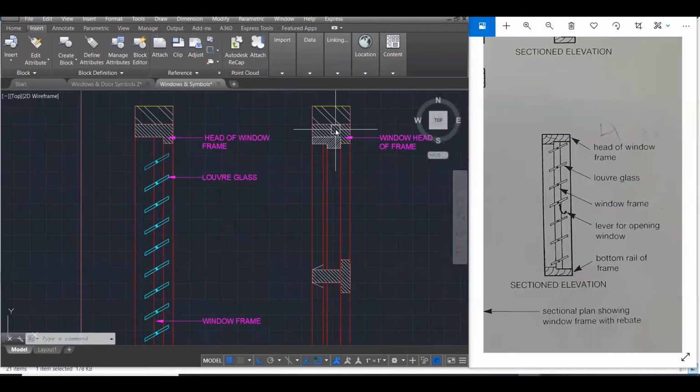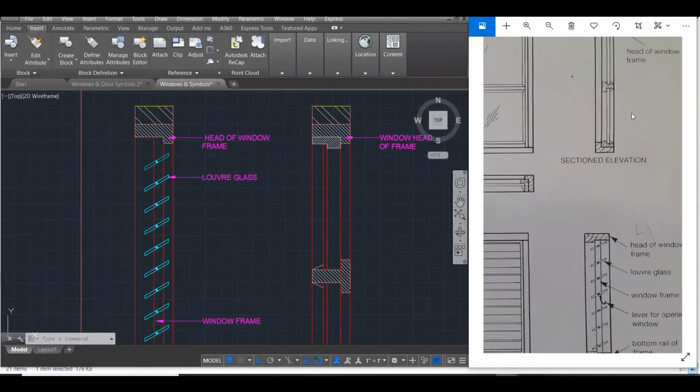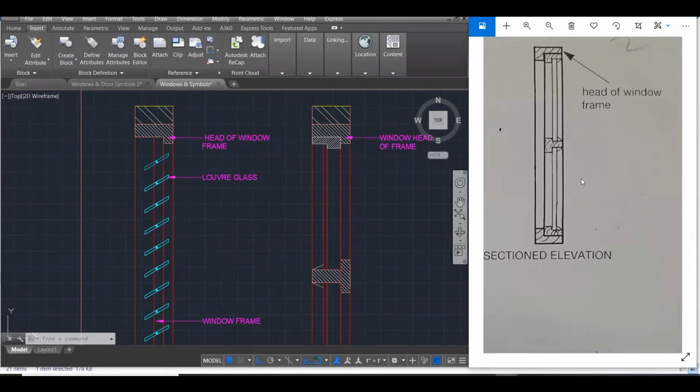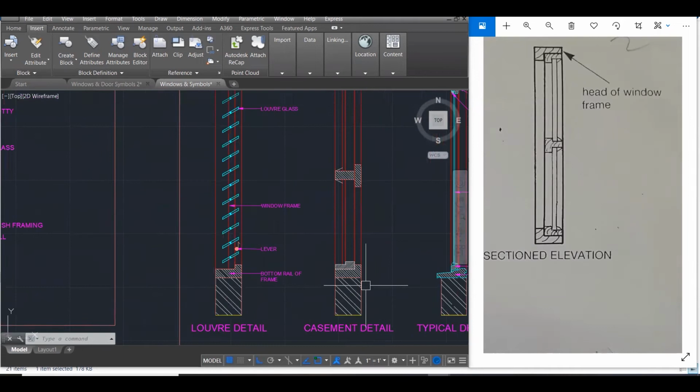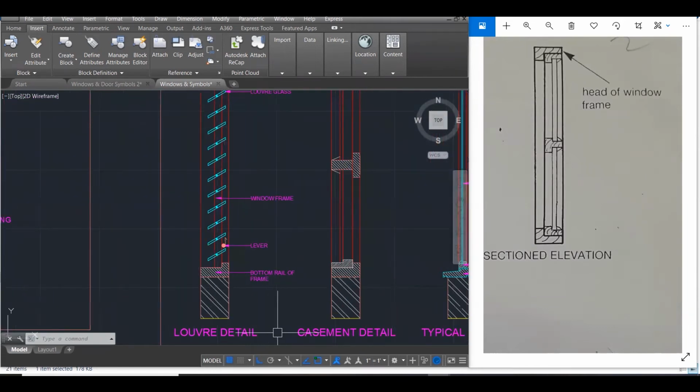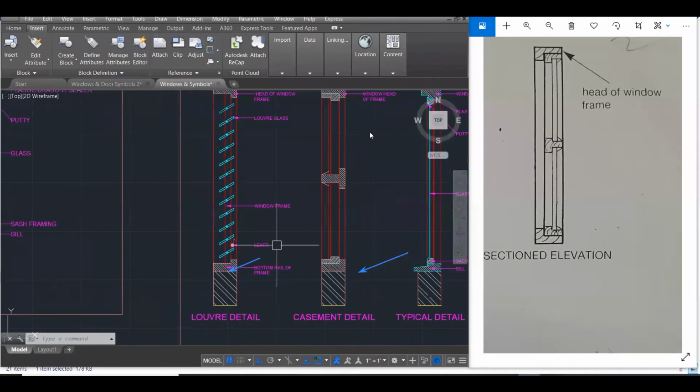This is one for a casement window. And this is the section here. It's pretty much the same, except it doesn't have the louvers and it has the same head or frame. It has the bottom rail for the frame down here. So although I didn't label it, these things are still the same as from here. And then at the top you will get the head of the frame, which is the same. So there isn't much difference, except it doesn't have